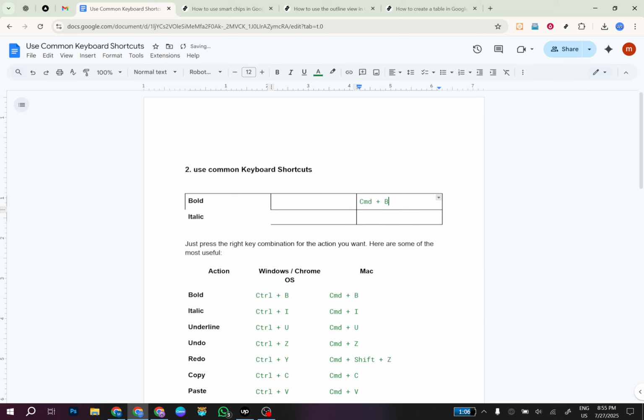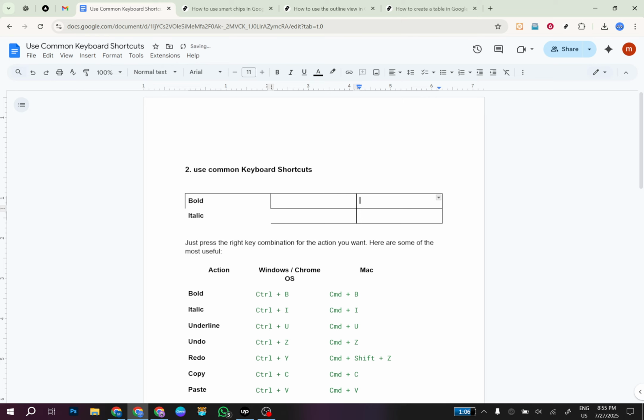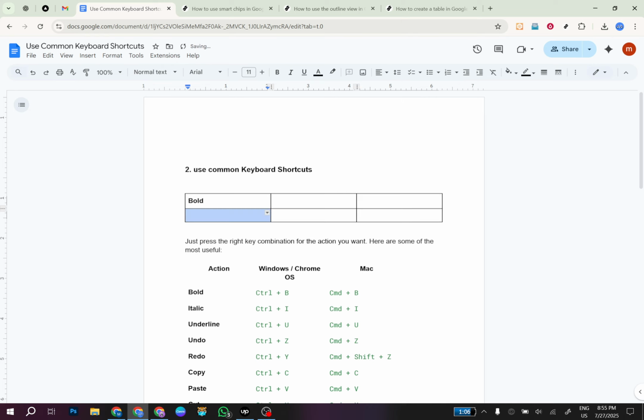That's it. You've successfully inserted a table into your Google Doc. Now, you can adjust the size of your table by dragging the lines that separate the rows and columns. You can also add more rows and columns later if needed, or merge cells to customize your table even further. Remember, tables can greatly enhance how you organize